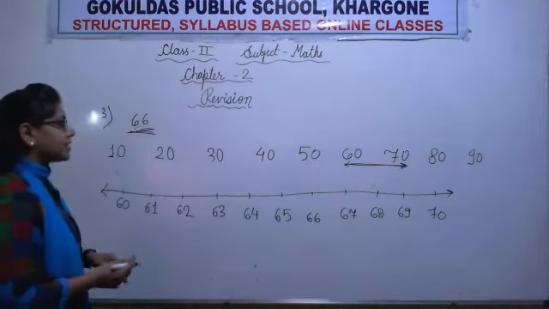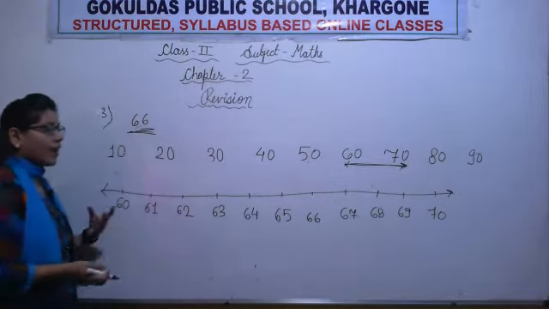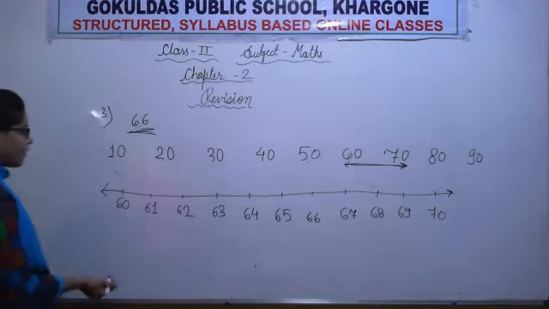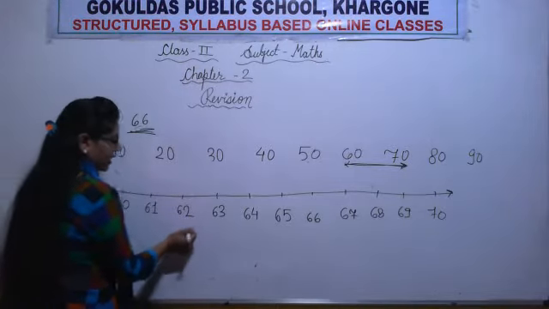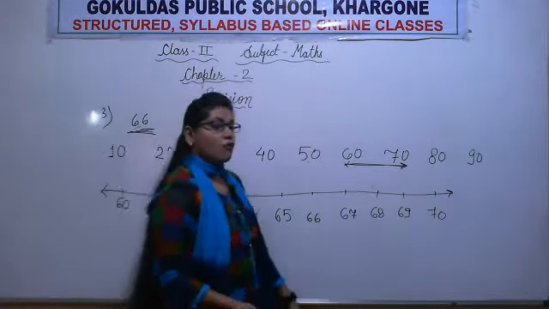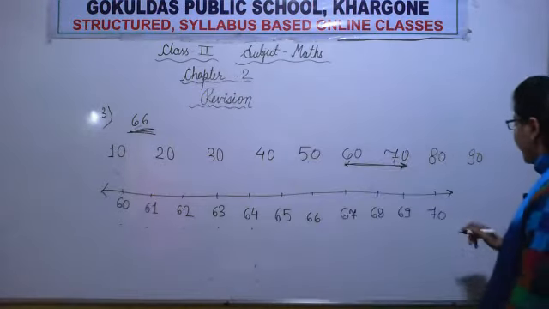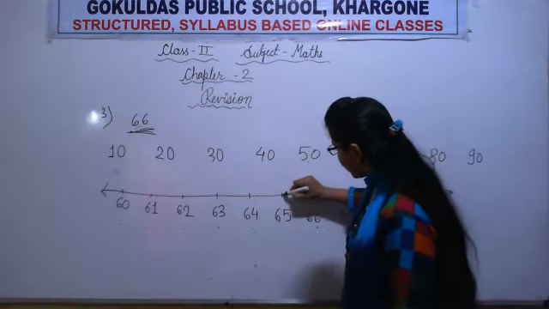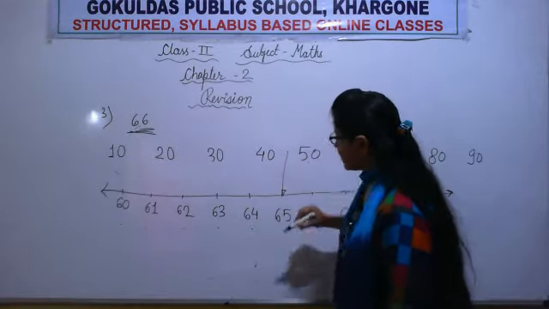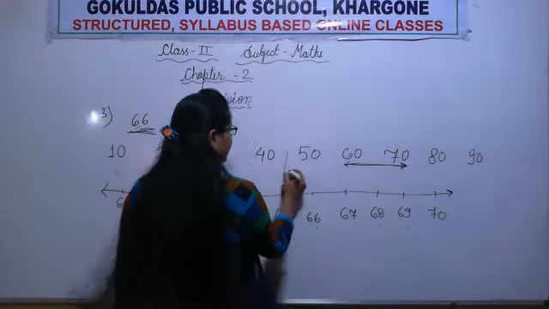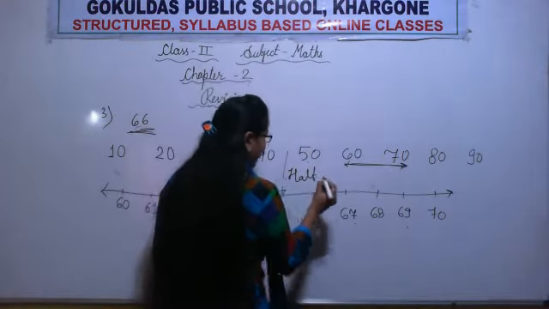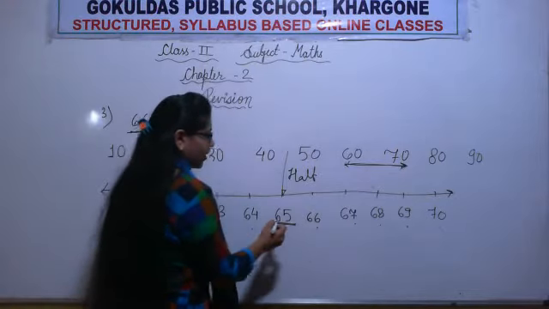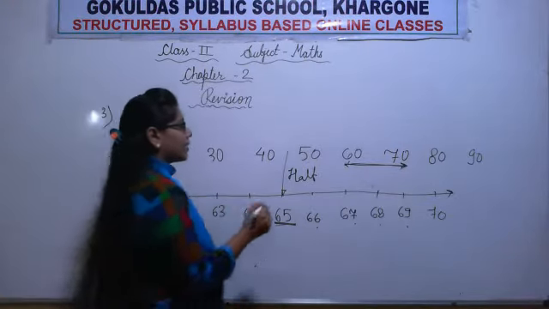Now, let's mark the half-way mark. Where is the half-way mark? So, we count 5 from the left first: 1, 2, 3, 4, 5. Now, we will count 5 from the right: 1, 2, 3, 4, 5. So, this number left is our half-way mark. Or another way, whenever we see 5, this is our half-way mark, okay?